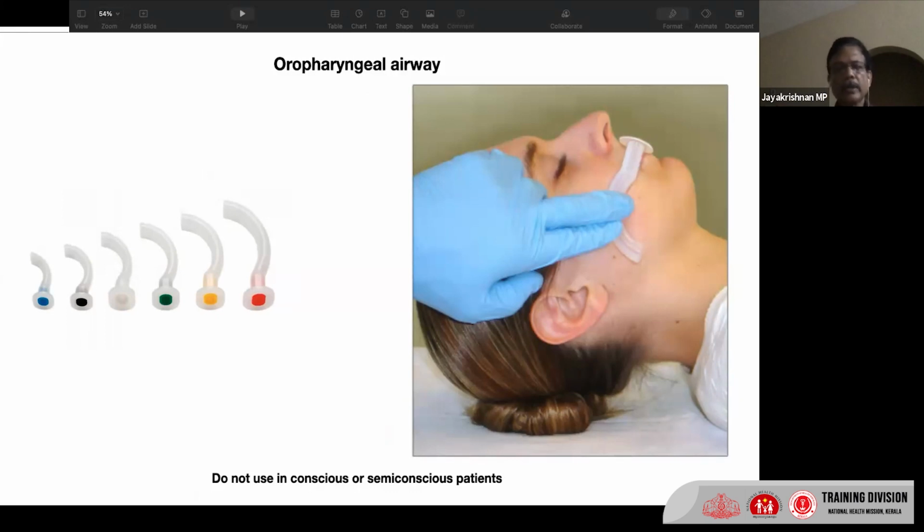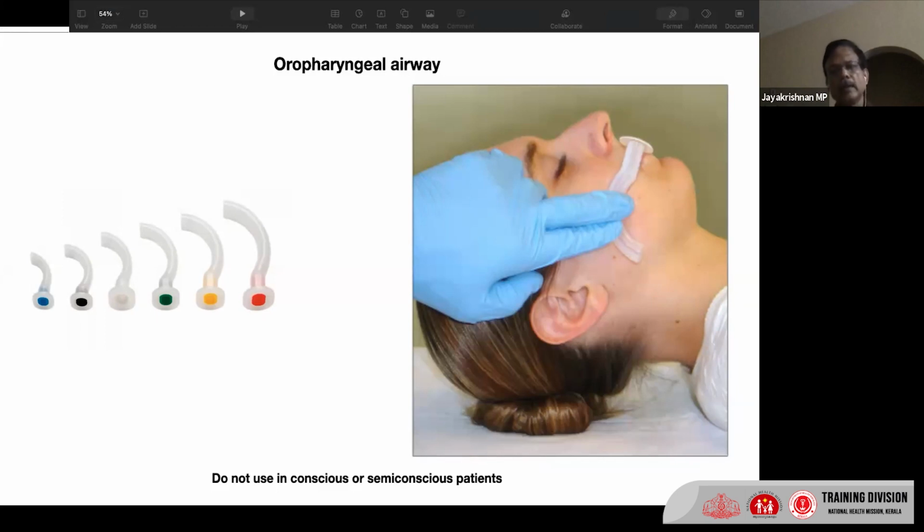It's also important to look for any other problem that is obstructing the airway, like secretions, which may need to be relieved by suctioning. This is an oropharyngeal airway, which can be used in children who are unconscious, not in semi-conscious or conscious children. This may help you to have a patent airway in an unconscious child. You know what happens when somebody becomes unconscious? The tongue falls backward and obstructs the airway. The pharyngeal muscles lose their tone. So there is an obstruction to the airway, which can, to a certain extent, be relieved by an oral airway,